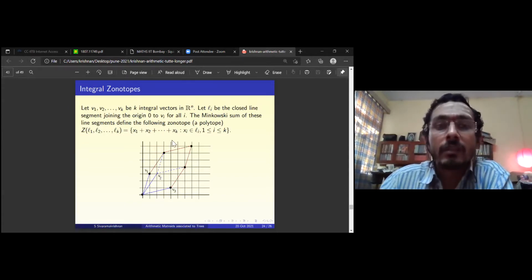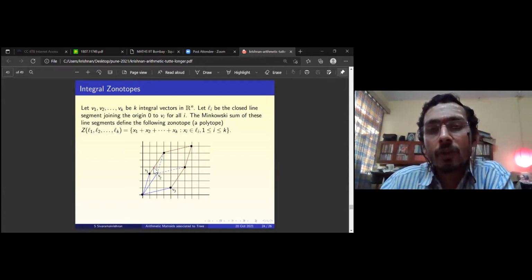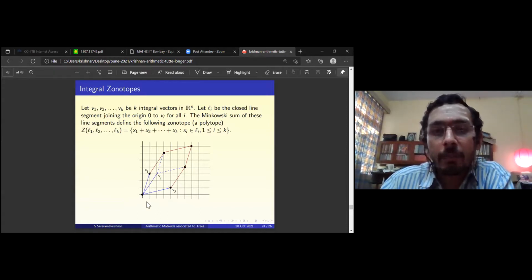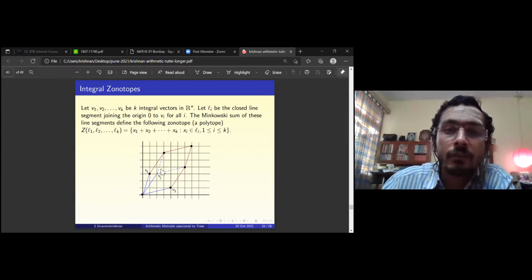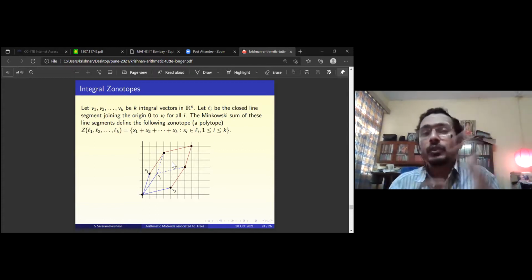So I'll give you an illustration. Here is an illustration. I start with 3 vectors v1, v2, v3. So what all vectors will come in the Minkowski sum? You will get this. Is it clear, what is drawn with this red outline plus this blue v1, v3? All these points in R^2 are in the Minkowski sum, because any point here you can obtain as a sum of v1 plus v2. Any point here you can obtain as a sum of v1 plus v3. Any point here you can obtain as a sum of v1 plus v2 plus v3. In fact, it decomposes nicely.